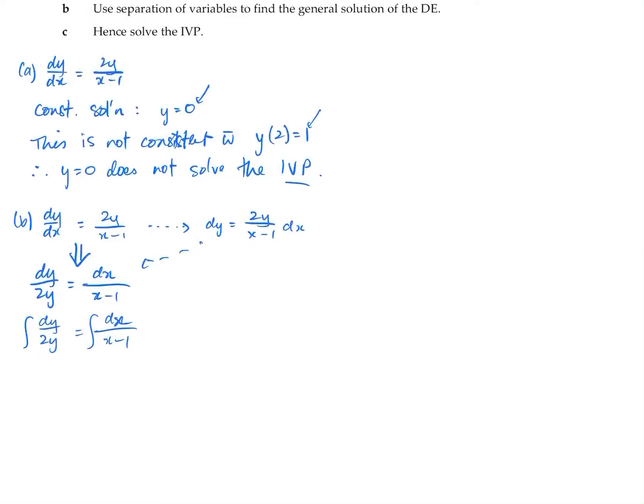I'm going to put my half out the front there, and so I get half log of absolute value y equals log of absolute value, right. And how do you undo a log on both sides? Well, you raise both sides to e, or you exponentiate both sides. So e to the half on that equals e to the